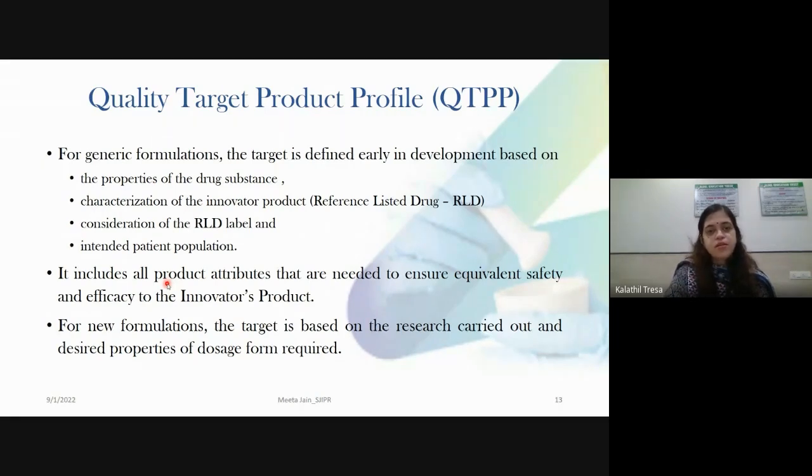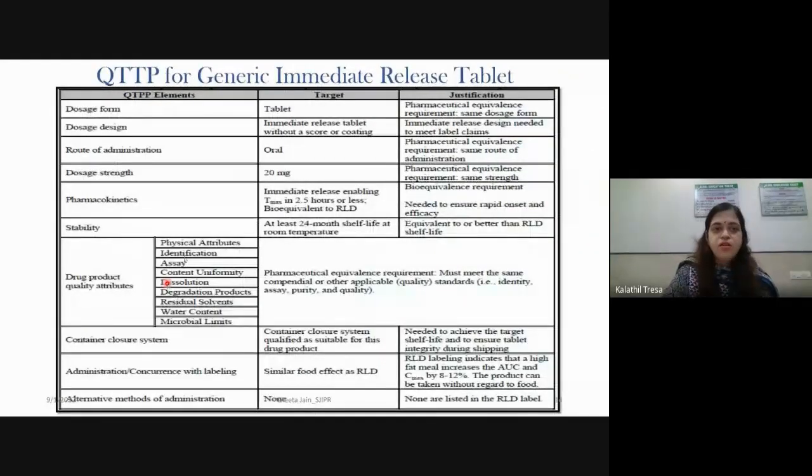Okay, so this is basically the quality target product profile for generic immediate release tablets. If you can see, the elements are dosage form, which dosage form. In case of generic, very important is you have to give justification.